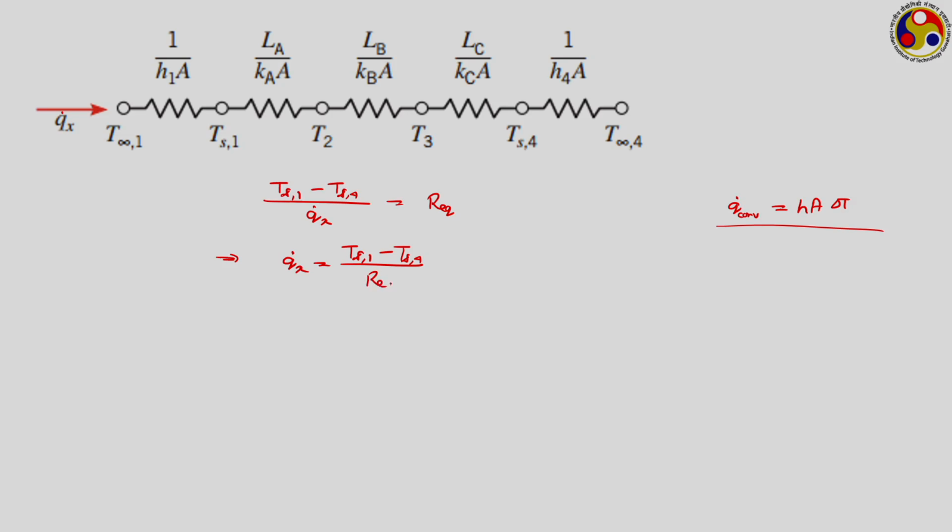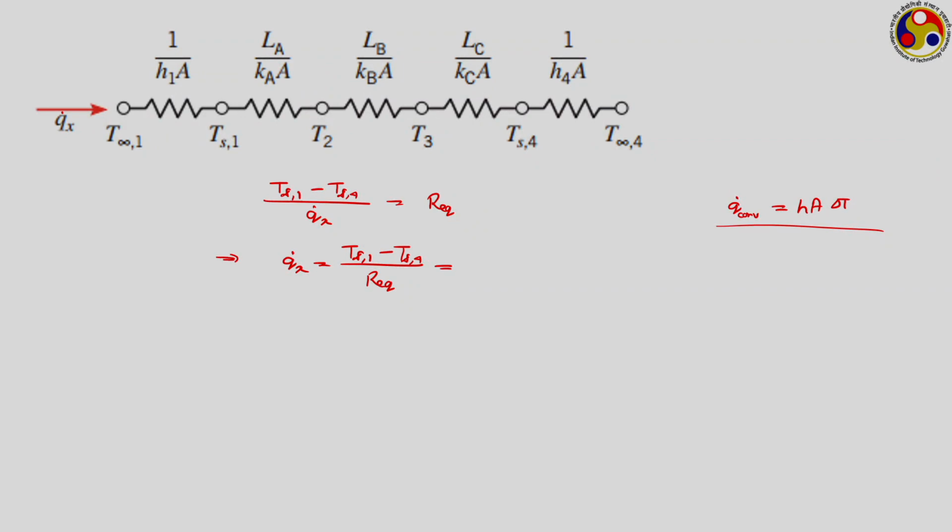4 by R equivalent. Remember what we are trying to do here, that is applicable only for this combination of resistances, the total circuit, not on individual resistances, because for individual cases the mode can be conduction or convection, and we can analyze them separately, but only for the overall circuit we are trying to identify this. So, the numerator T infinity 1 minus T infinity 4 can be represented as delta T, the overall temperature difference applicable for this heat transfer,